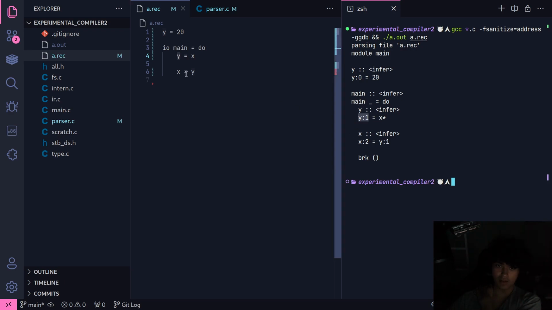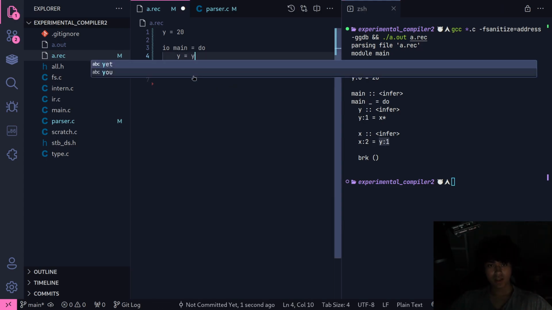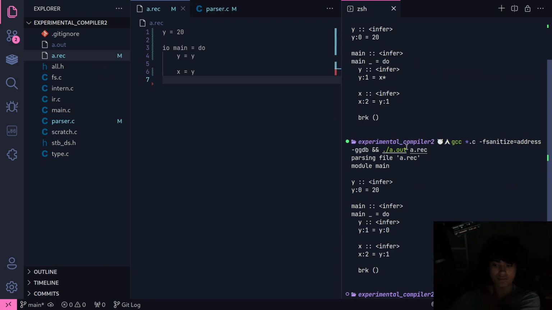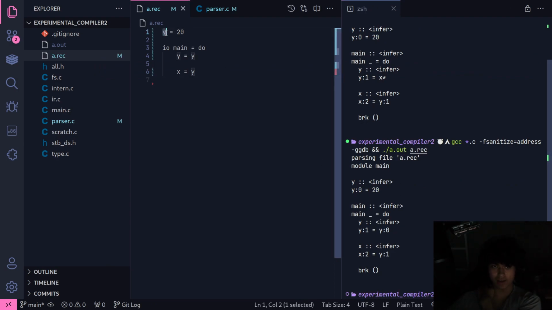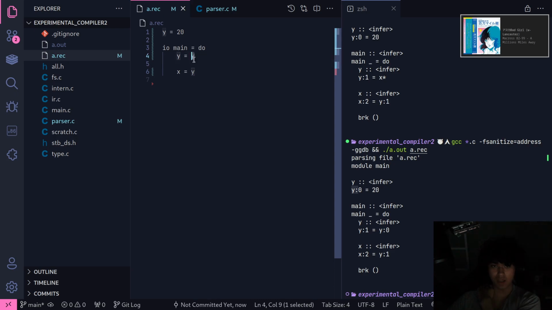And then there's another declaration of x here. That's x2. So y0 is just its own thing. Y1 is what's used inside the function. And what you can do now, though, is you can do y equals y. And see how this is y0 out on the front. It creates a new variable y1 with the same name. So it's just y0. So it shadows it. Essentially, it shadows it. And this is what's allowed. You're allowed to do this.